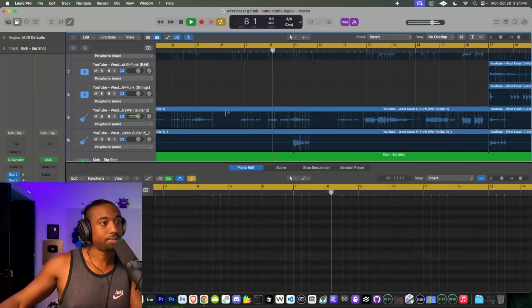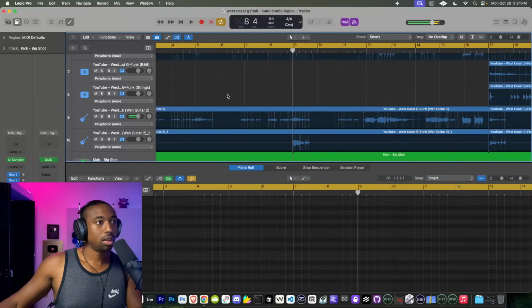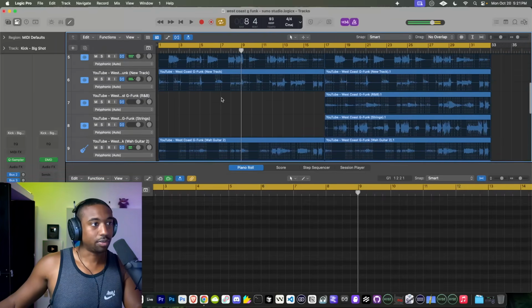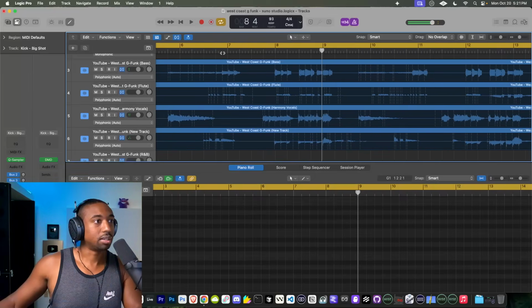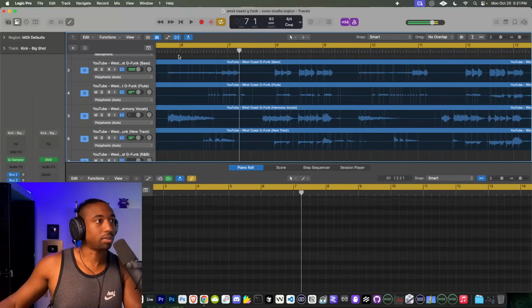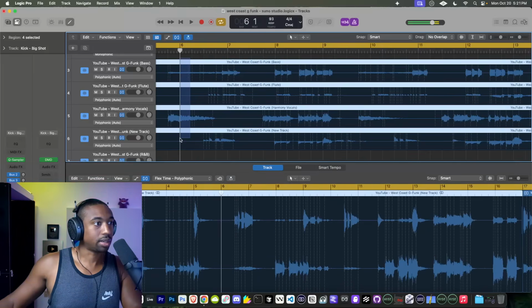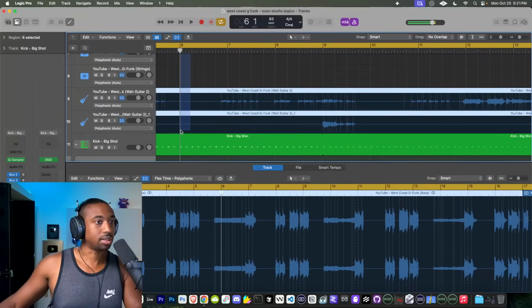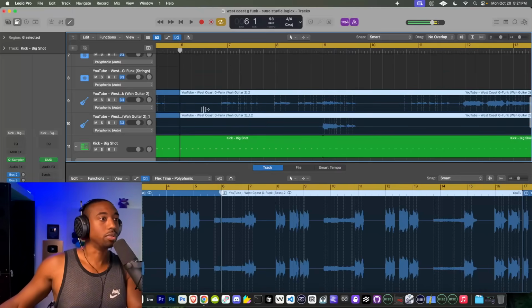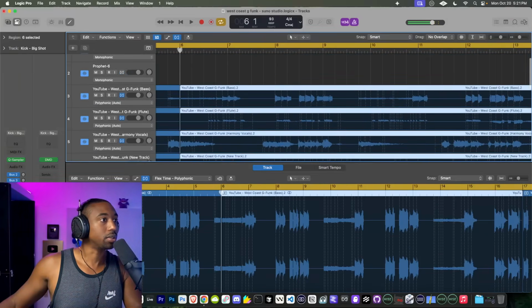See how that's off beat? Okay, so what I have to do is geeky stuff right here. We basically have to split it. Let's just split it from bar 6. And we want to highlight all the tracks that we want to affect here. I know this is geeky. I know this is beyond the scope of Suno Studio, but you guys got to understand what goes into this.